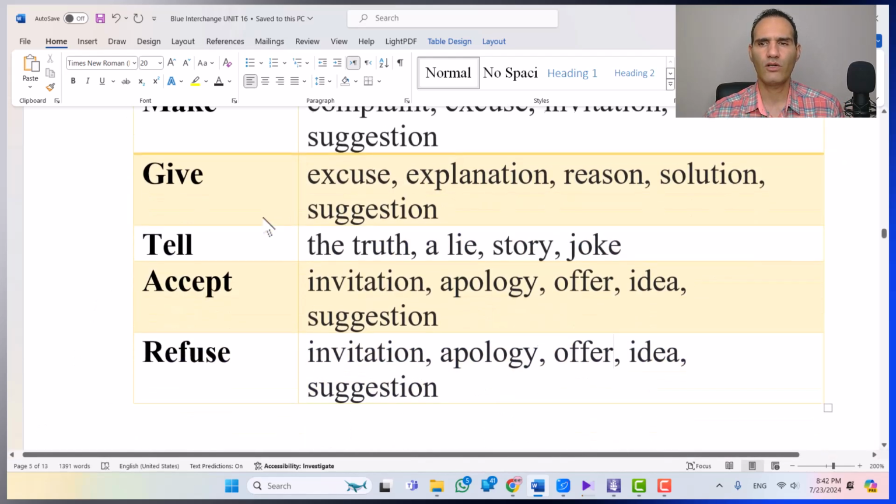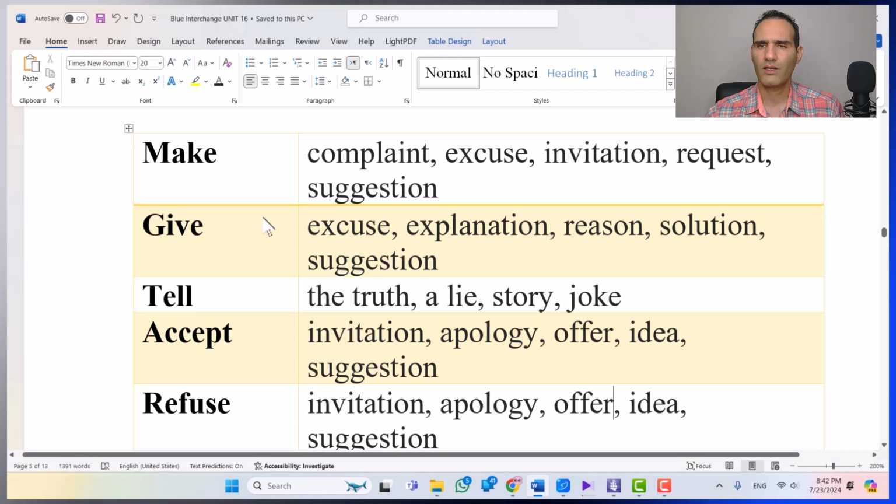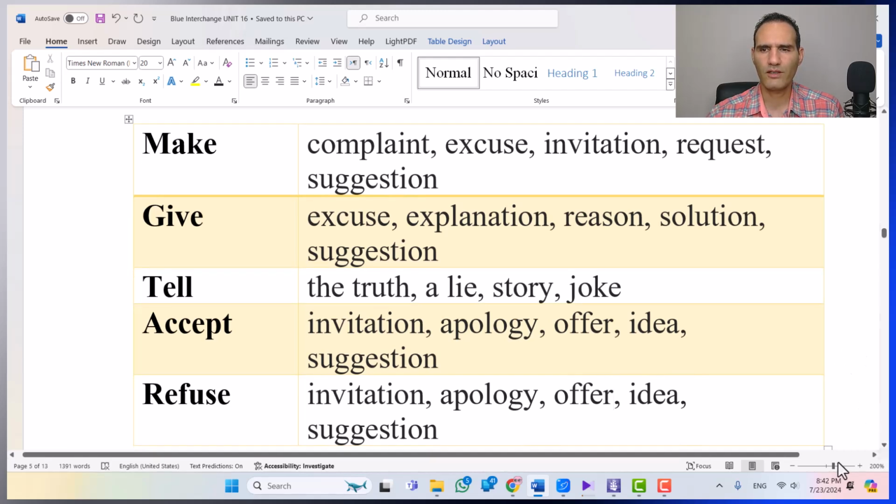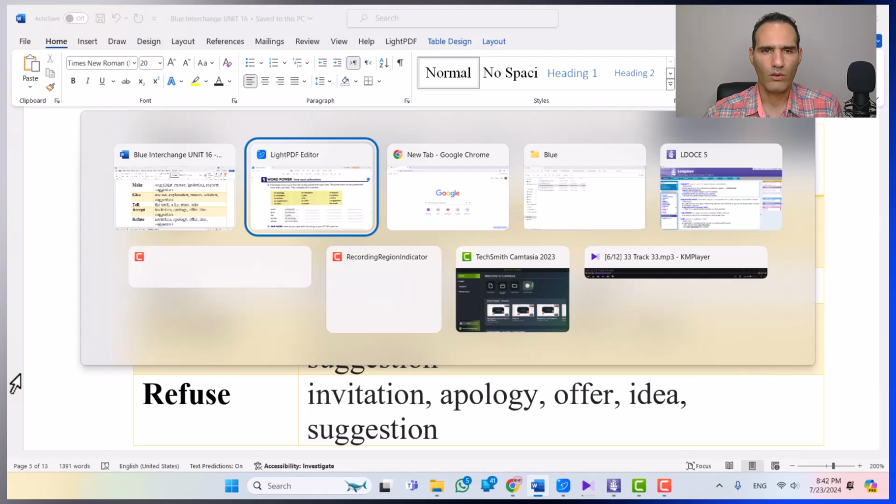So all of these are collocations, and sadly enough, no way to learn them but to memorize them. The only key is to memorize. Maybe for you not a bad idea here to take a screenshot and save this picture in your Word file. It could be useful for you. Okay,